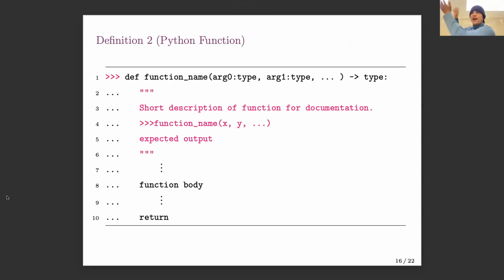Okay, so this is just like a generic framework for how your function should look. It's def, then give some function name, and remember we have conventions about what type of names we're allowed to use. So for functions, it's lowercase. This is not called camel casing. I forget what this is called, where it's divided by underscores. I think it's bucket casing or something. But anyways, if you want to have function name, it's function underscore name. And then you have an arbitrary number of input arguments, right? So argument 1, and then it's colon, and then it's type. There should be a space there. I can fix that too. And then this arrow indicates I'm going to return this type.